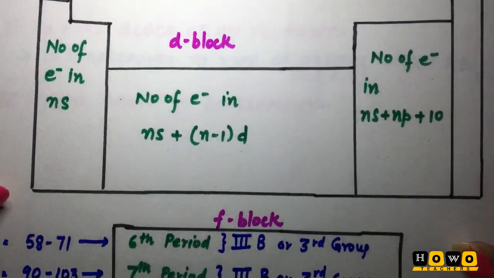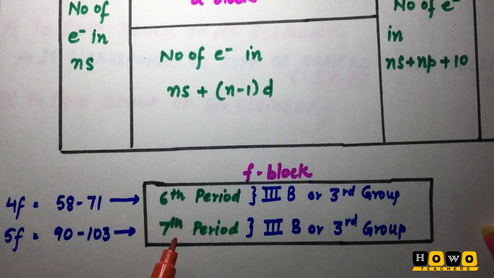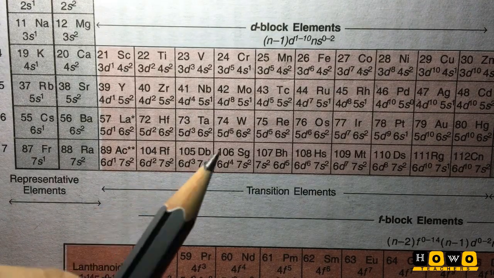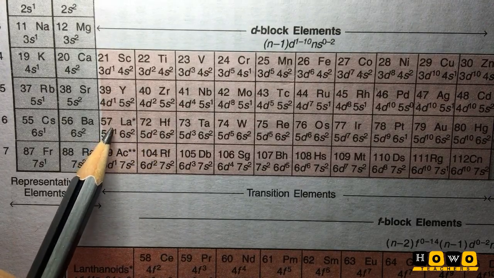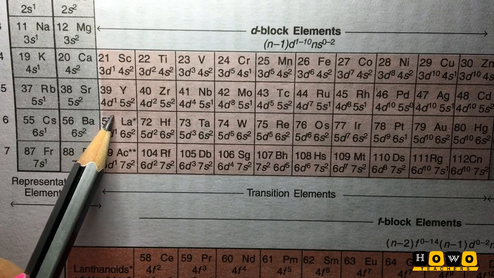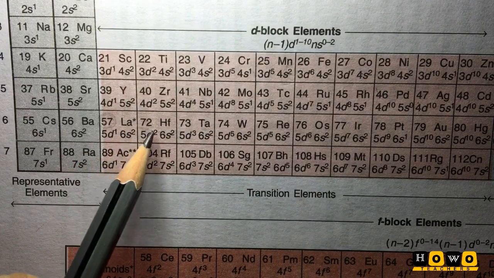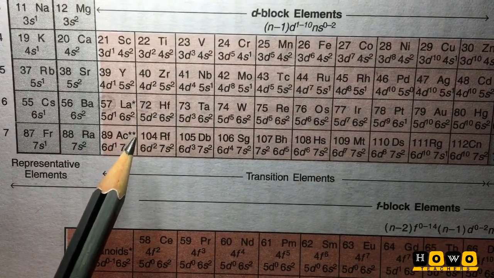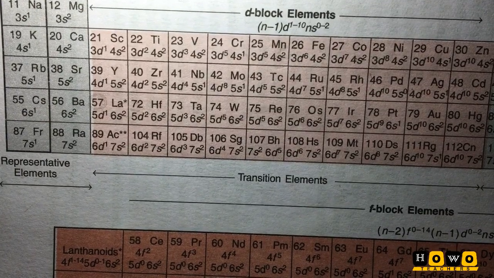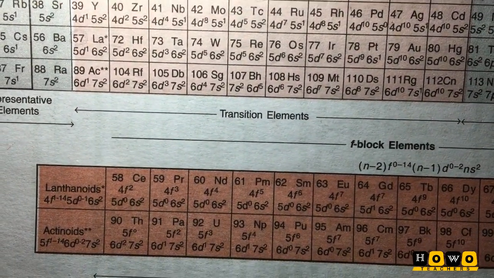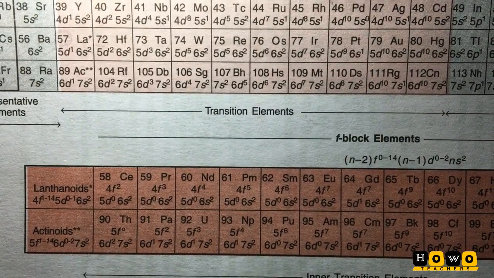Now let us see about the F block. For the F block, things go quite differently. So here I am showing you the modern periodic table. In this table, look at the D block. Here in the D block, you can see the atomic number 57, and after that, they are having 72. Why is this gap there? This gap is there because these elements have been placed in the F block. Due to the difference in their properties, they have been placed in the F block. As you can see here in the F block, that is the lanthanoids, these elements have been placed.